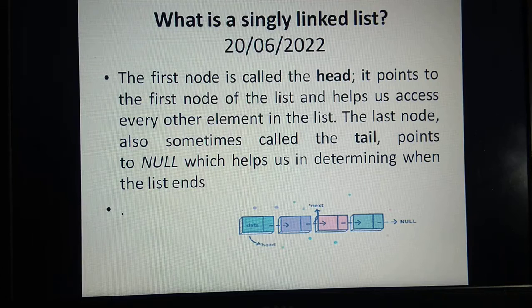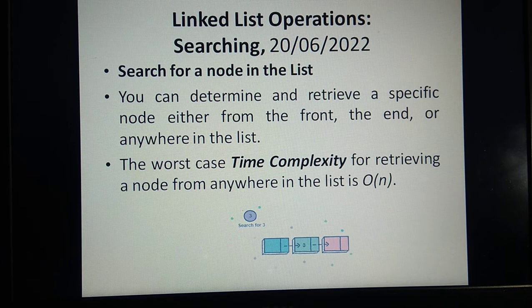Students, again I will tell you that if you complete our previous lecture, then it is possible to understand the linked list. Here we will discuss the searching technique, which is very simple. You have to use the linear search algorithm or binary search. Okay, this we will not discuss here. Total time complexity is order of n. If the element is present at the first place, then order of 1, otherwise order of n.